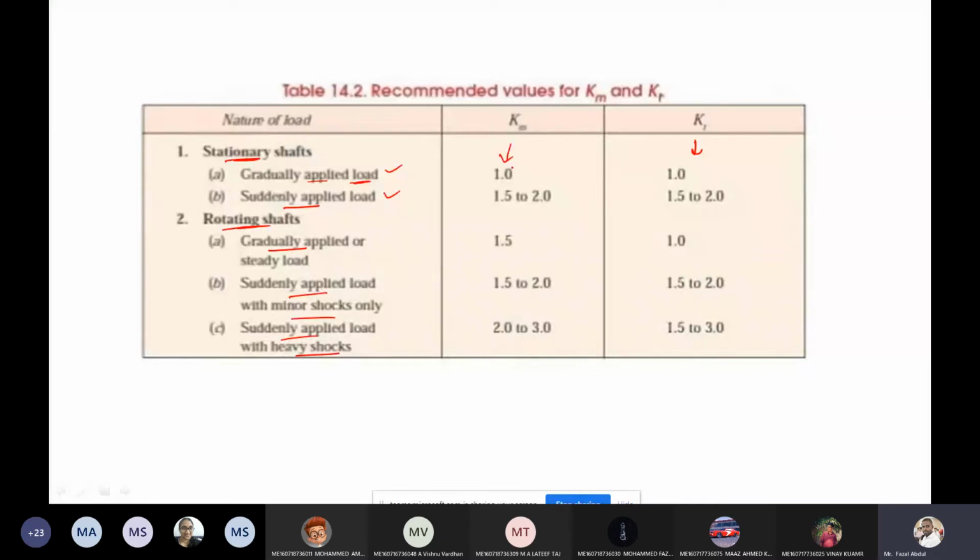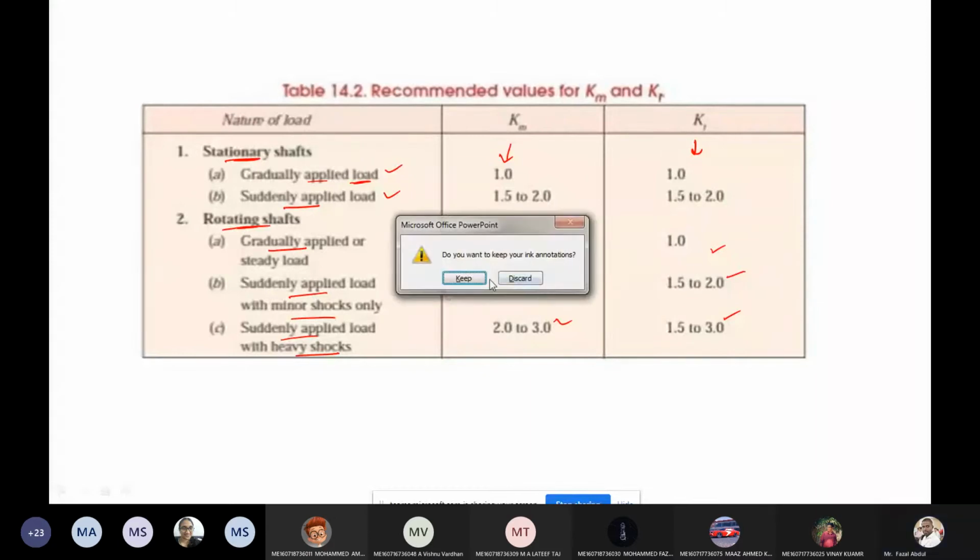For this value also, in the same manner, what you selected in the previous case for stationary shaft, the Km value, as per the given question, we need to select. So these values, anyhow, you have to remember. No data book is provided in the examination. For that reason, you need to remember these. In total, how many values are there? One, two, three, four, five. Total here five. Total 10 values you need to remember. Okay. Now we'll go to the problem.